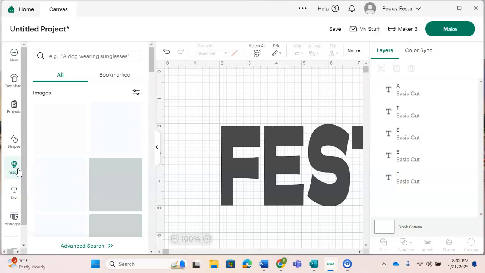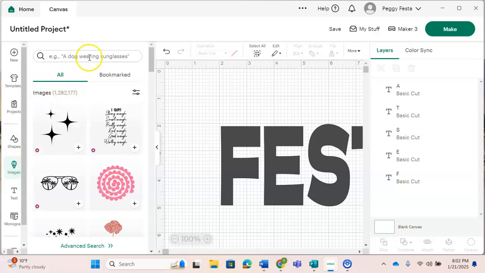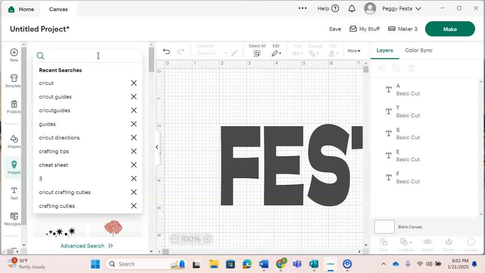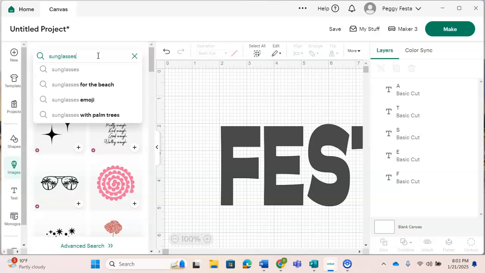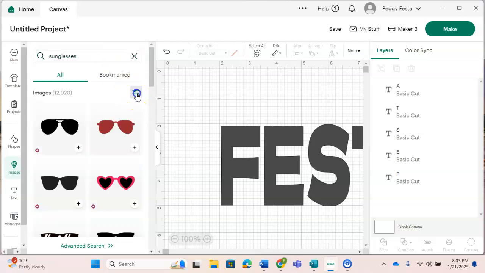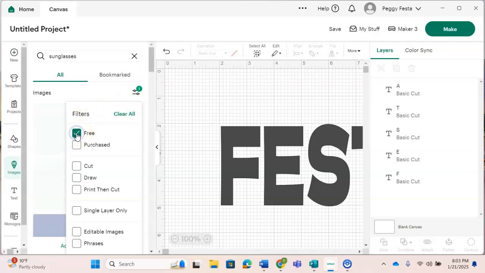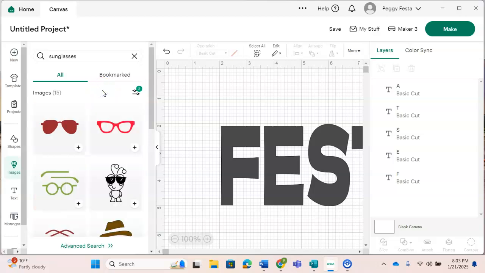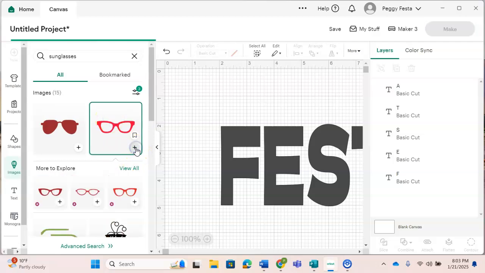Now I'm going to go over here to Images, and I'm going to find something that I want to put in. So I'm going to keep it very simple. We're just going to put sunglasses. Keep it something very simple. And again, once I search, I'm going to go to this filter option and I'm going to select free, and then also select cut, so I know it's going to do something that's cut and single layer only, that then filters it down to things that are easy for me to cut. Well, I have a cutie here from one of the Cricuts, or I have the sunglasses. I'm just going to go ahead and select the easy sunglass, click on the plus sign,